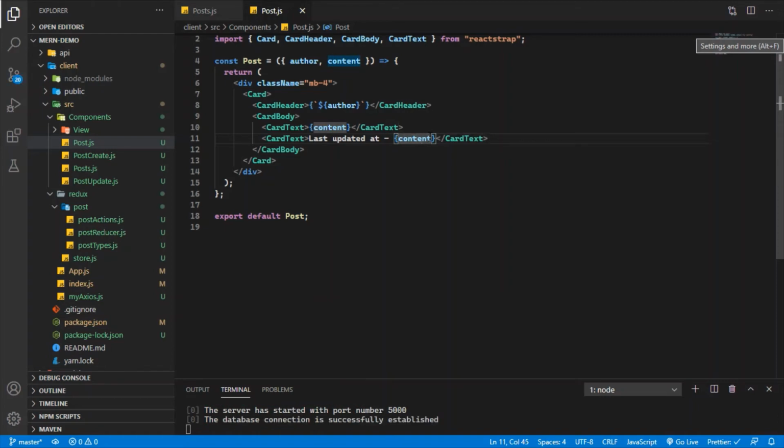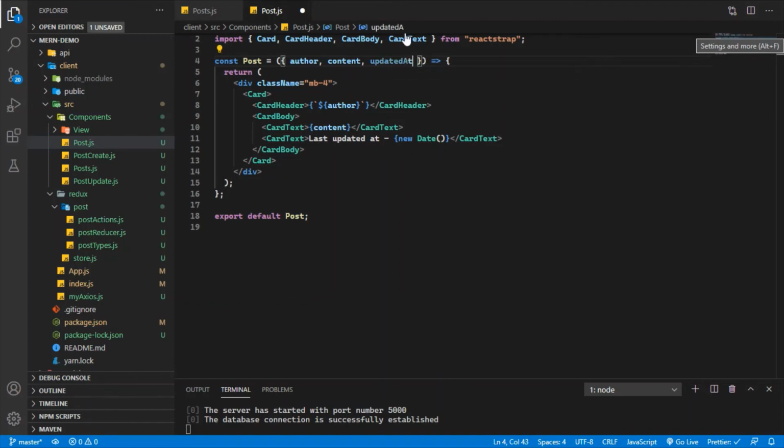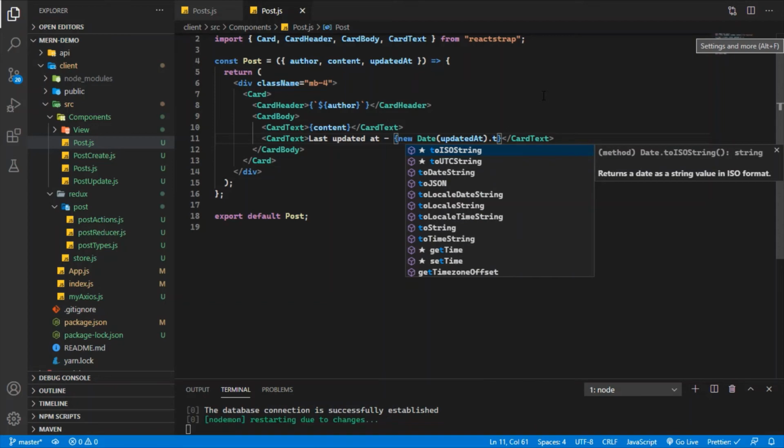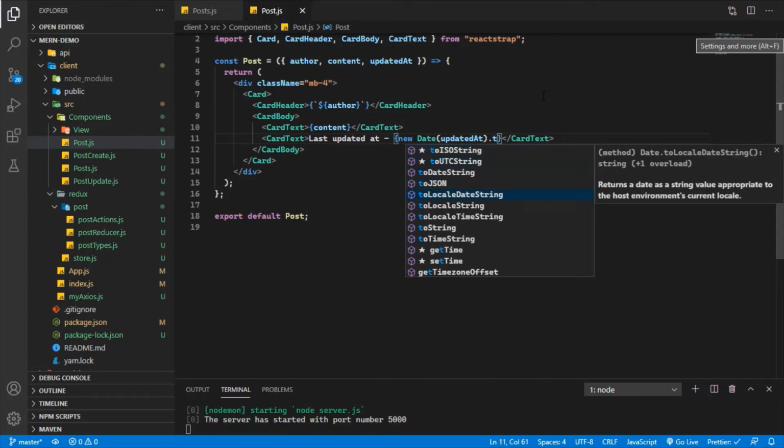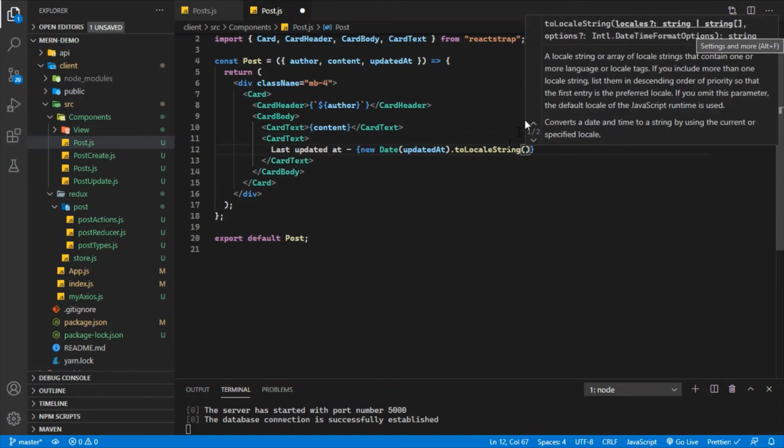So updated at, and then I'm going to take the date, and then in this portion I'm going to give updated at, and then I'm going to call toLocaleString. Yeah guys, that's it.